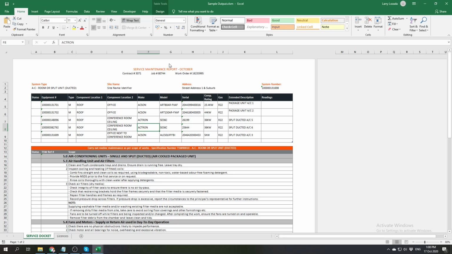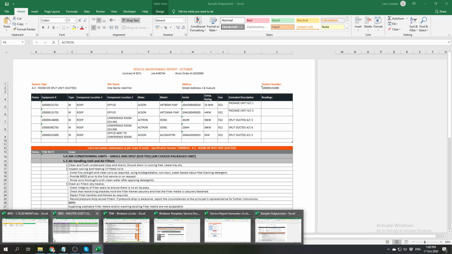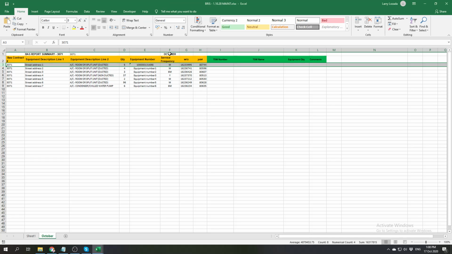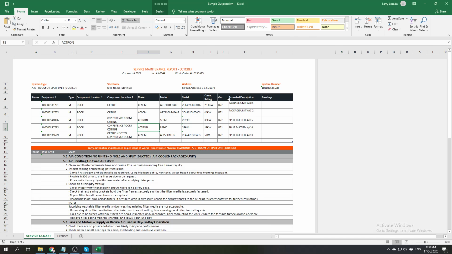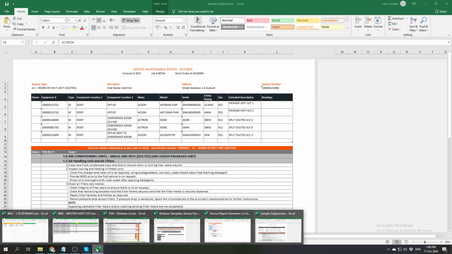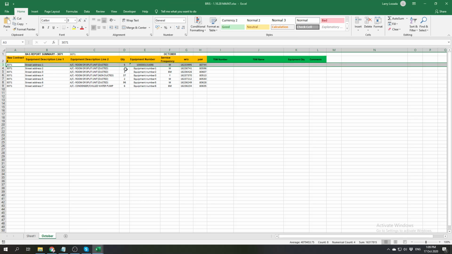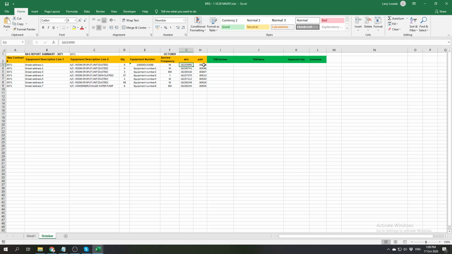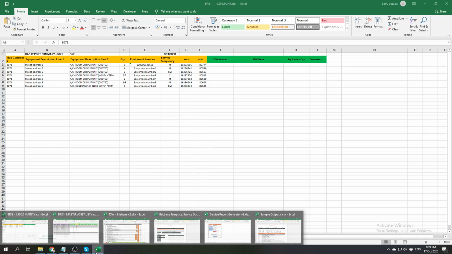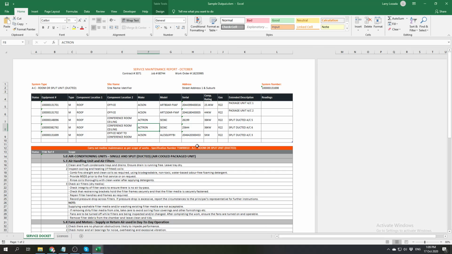Okay, but in this output, it's already filled up. So this October was extracted from here. Okay, and this contract number, job number, work order number were the data from this first row. We have here the work order number, the job number, and the contract number. Okay, so the macro will then get